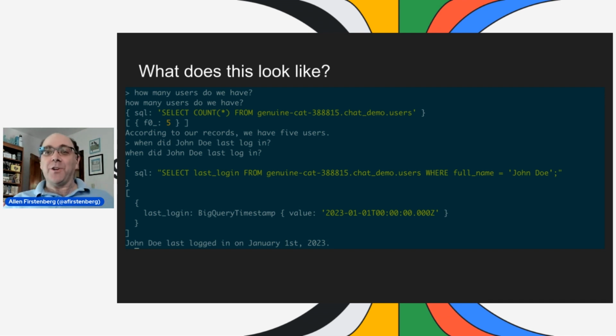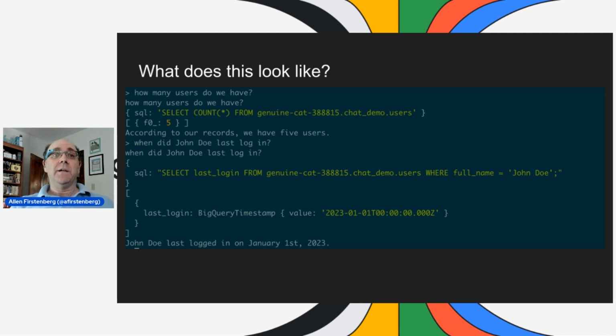Okay, so what does this look like? So here's an actual run from the code. I'm actually using code that has a couple more comments in it that tell us what's going on at each step. So when the user asks, how many users do we have? We see that it turns it into an SQL prompt, basically selecting how many rows there are in users. If we had something about whether a user was active or inactive, it might add the flag to check that as well. The result it gives back is pretty straightforward.